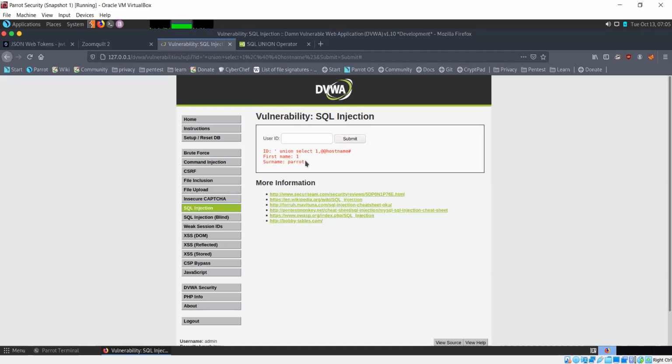So Parrot, which tells us the system that I'm using, and this is because I'm using Parrot OS, so this is the host name for this system. So similarly, you can find the system host name using this as well, the host name for whatever target system is present.